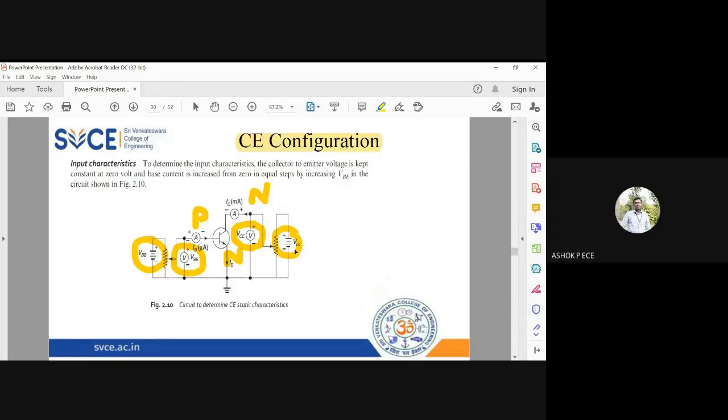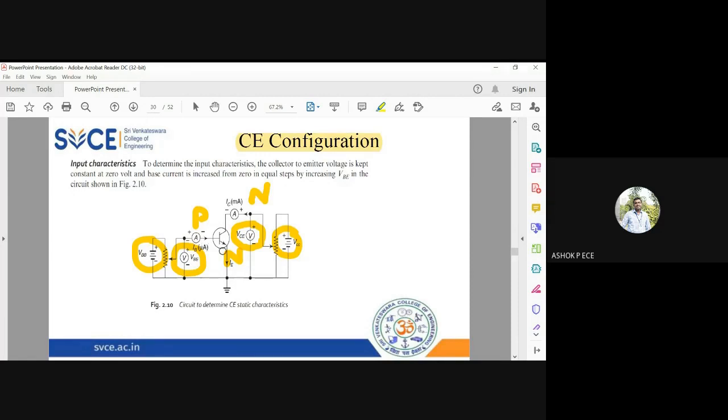See, for a moment, you write common emitter configuration. The term common is coming with emitter, correct? So which means I have to ground my emitter. That is the first thing you should do. So out of the three terminals, one terminal is grounded. The remaining two terminals are base and collector. So definitely collector is going to be my output, base is going to be my input. This is the first thing you have to understand after you hear the name common emitter.